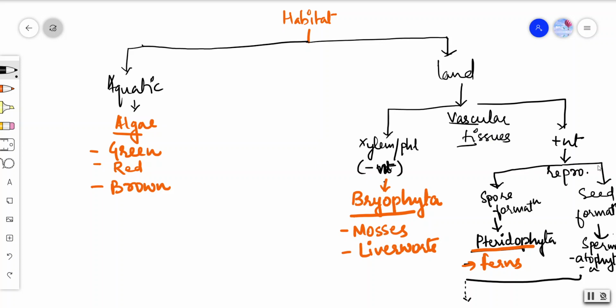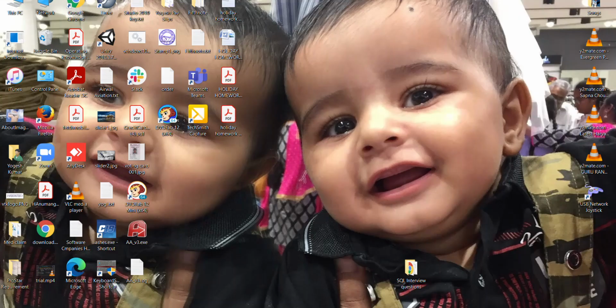Okay, for examples, which have vascular tissues, they are further divided on the basis of reproduction through which they reproduce. So here there is spore formation and seed formation. Clear? Spore formation takes place in Pteridophyta, that is in ferns. Next comes the seed formation. Seed formation is seen in spermatophyta. So spermatophyta is further divided into two,